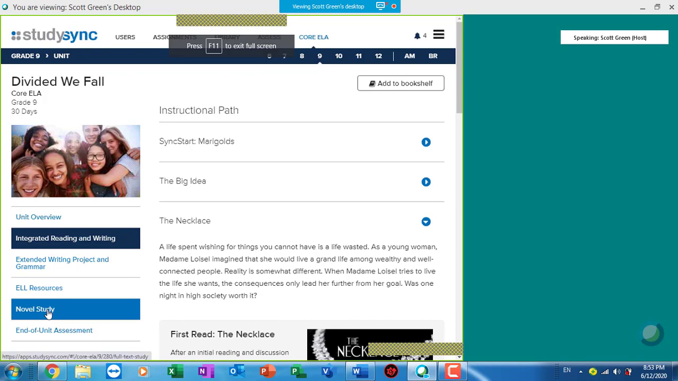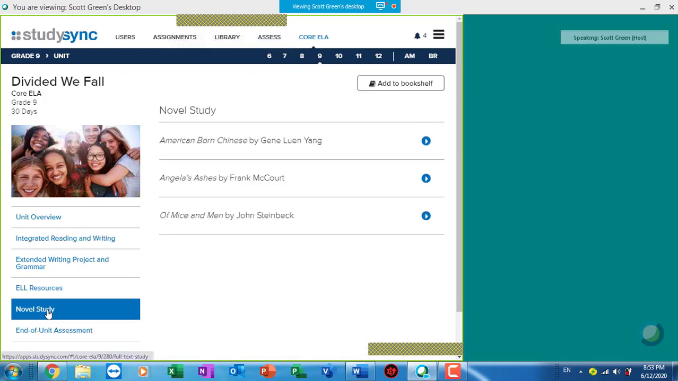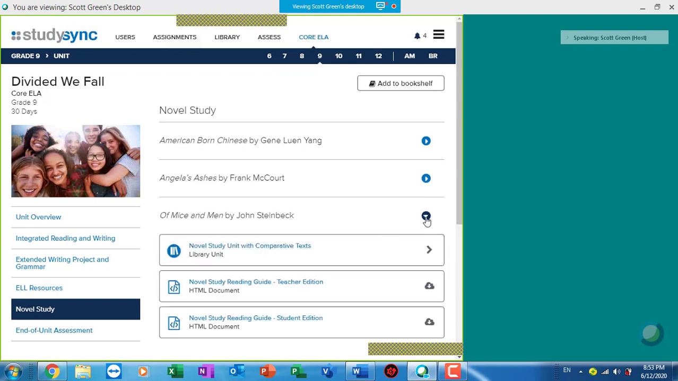Now, remember the novel study is tied to the thematic unit. If a teacher decides to, instead of teaching the thematic unit Divided We Fall, and instead teach the novel of Mice and Men, we provide to you a reading guide for both student and teacher. This will have specific vocabulary to the novel, as well as close reading questions and opportunities for the students to create their own Sync TV group work,